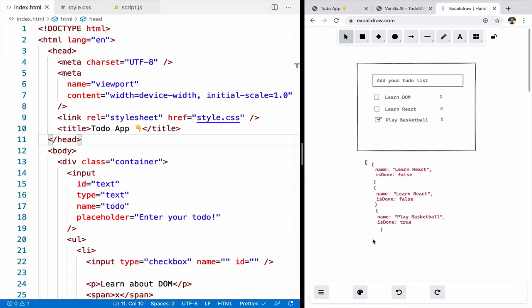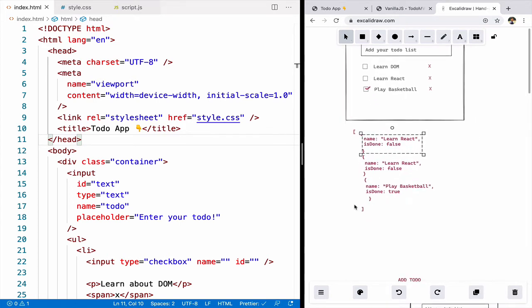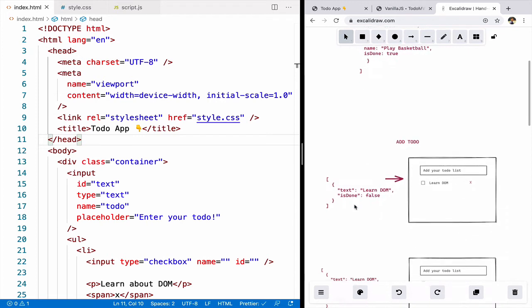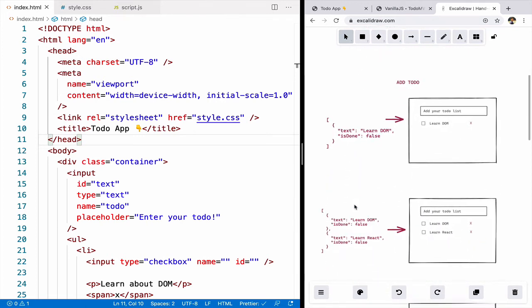So we'll need an array, and every time we are adding a to-do list, we'll create an object like this and put it into the array. So now let's look at the operation properly. So we are starting our application. The first thing that is happening is adding a to-do list. And as soon as you say add a to-do list, you need information like learn DOM, the text, the name of the to-do list, and we'll create an object like this and push it into an array.